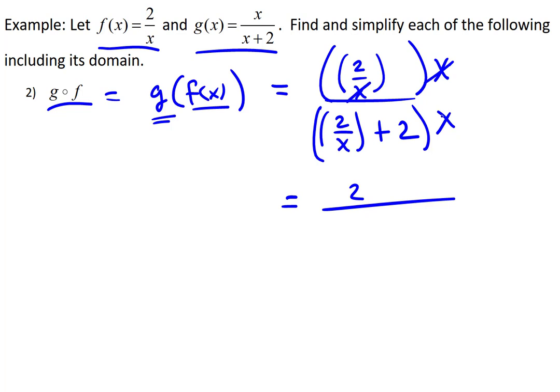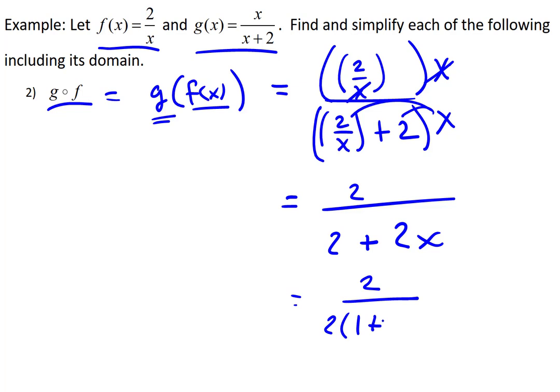And then down in the major denominator, we'll distribute the x and end up with 2 plus 2x. Now we could simplify this a little bit by factoring out a 2 from the denominator, so that we'd have 2 times 1 plus x, and then cancel the 2 in the numerator and the factored out 2 from down below, so that overall our simplified composed function is 1 over